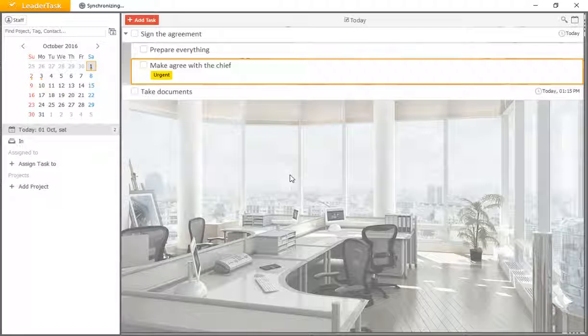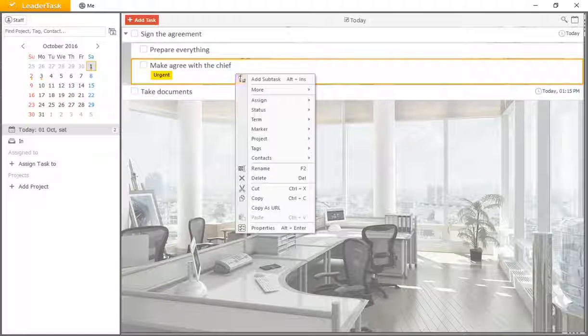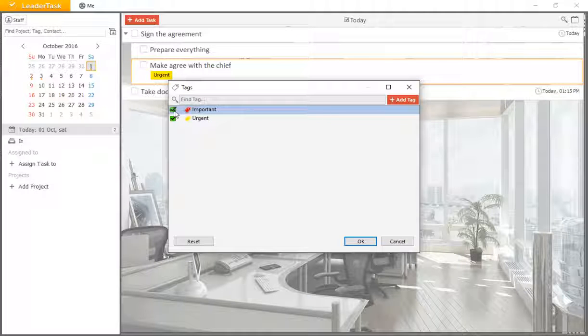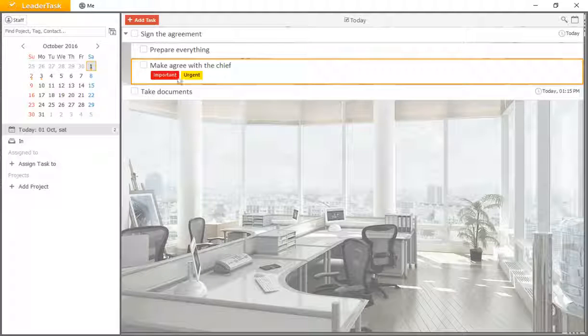What if you need to make it both urgent and important? So you right click the task, select tags, and you mark both of them. So you can see that the task is marked by important and urgent and any other tag you need. And you can also reset